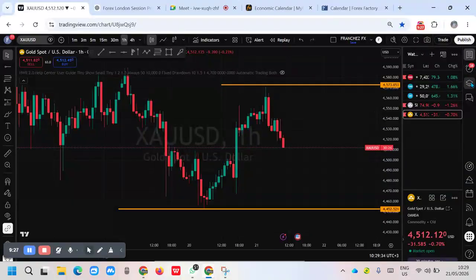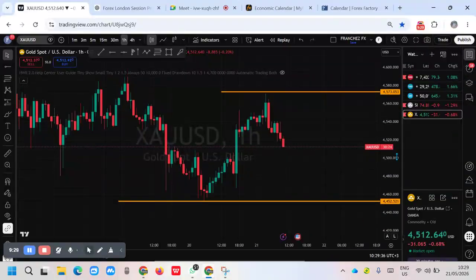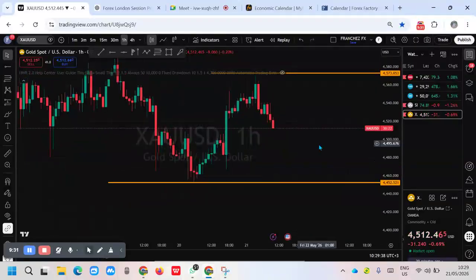Then at this area, on 1 hour. Remember those are the zones on higher time frames. But now we have to understand that you have to keep refining your zones. You have to keep refining your zones. So below here,